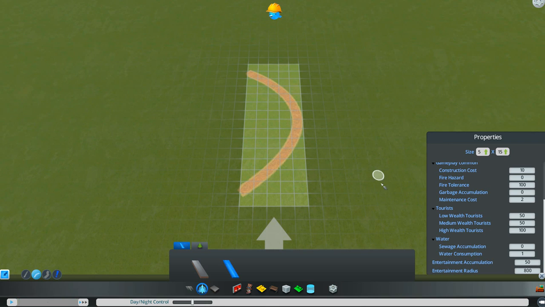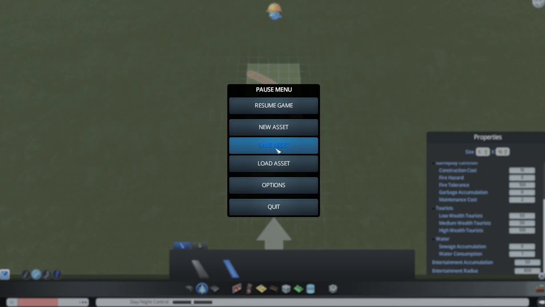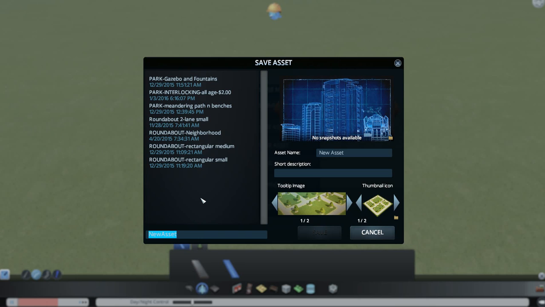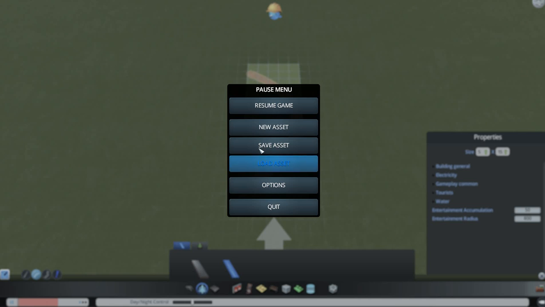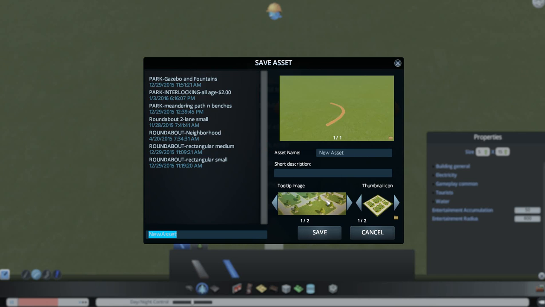Taking all of that and putting that in for each one, then I will say save, and this is the number 3 going from the right, so save asset, and I will call it park, given that I can get it to work. Oh, cancel. Oh, yeah, okay, save asset. Right now I haven't got any picture to do of it yet. I mean, it's not finished. So, okay, saving asset is park,